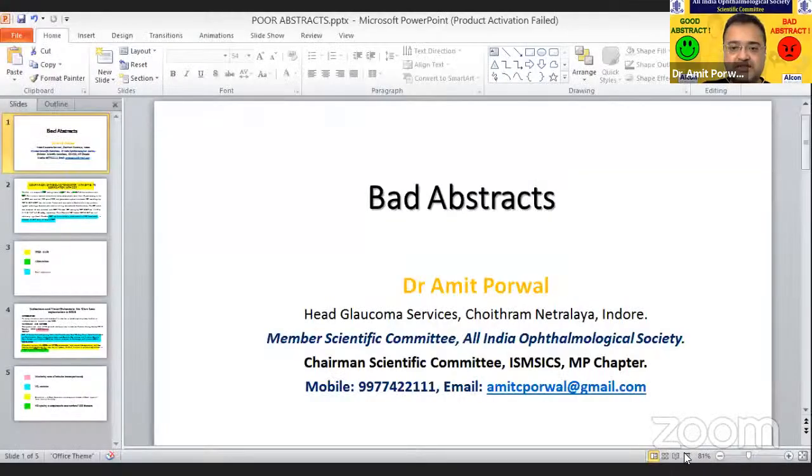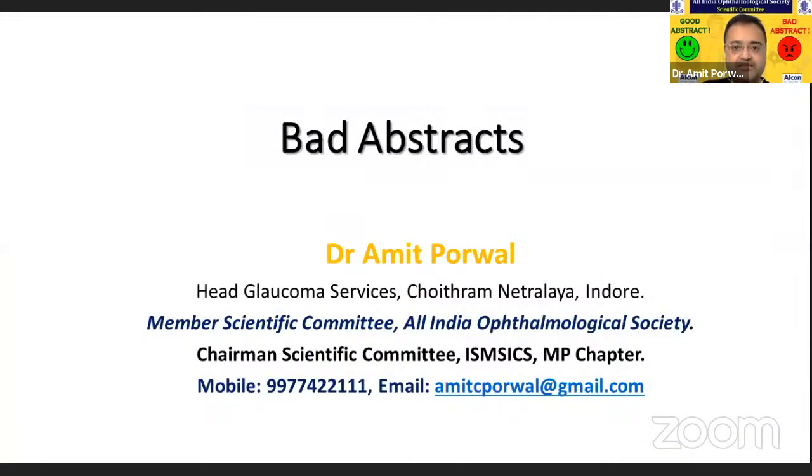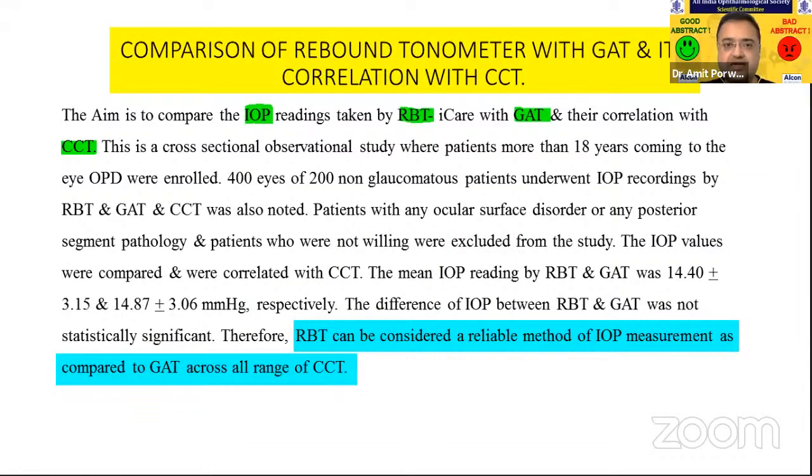So as discussed, I'm just going to have two slides on what are bad abstracts. I'm just showing you one abstract here, as we ask for a synopsis. Every conference has their own strategies, the way they want the abstract to be written. In this case, the synopsis is written and you can see the title itself. The title should have been in sentence case, but here everything is in capital. I'm talking about grammar mistakes.